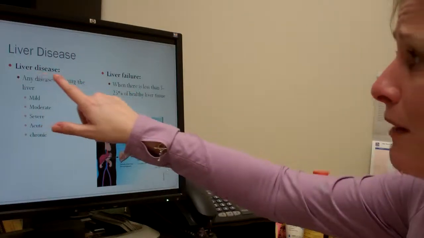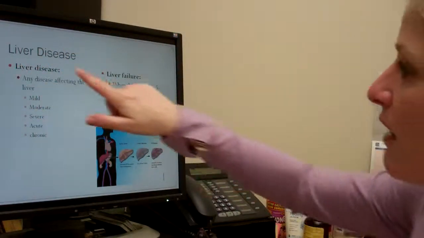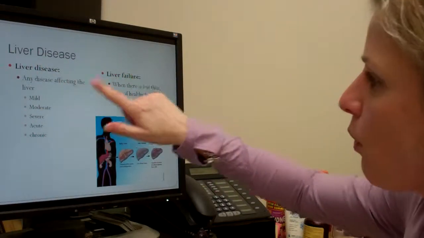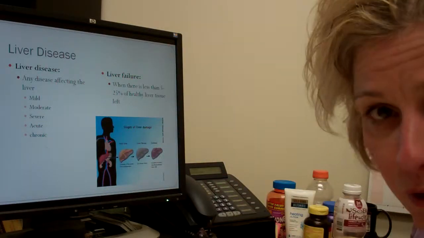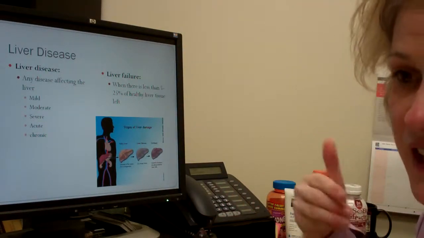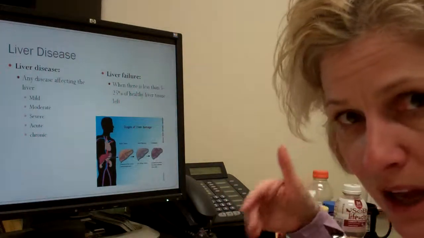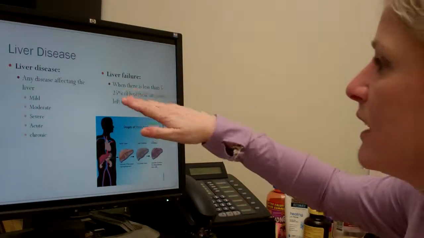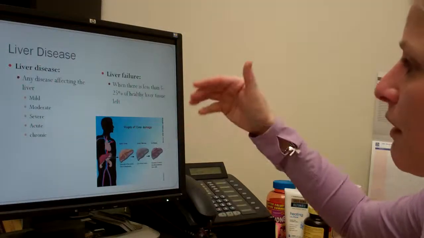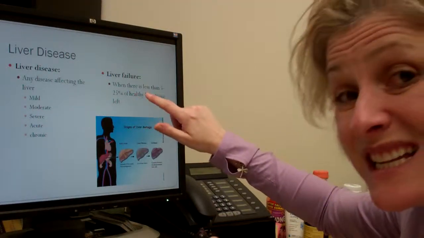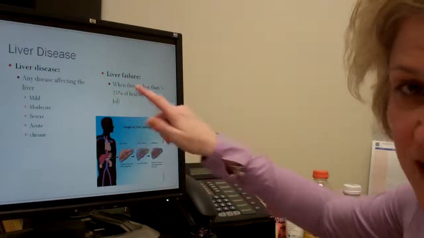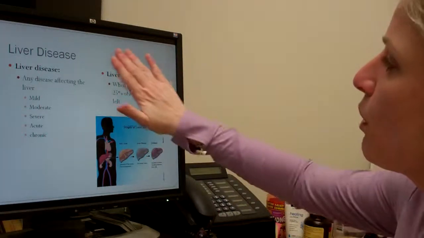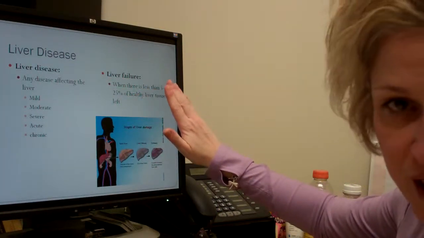So, when you have liver disease, or when you have kidney disease, there's a difference between organ disease and organ failure. Organ disease, you can live with liver disease, kidney disease, pancreatic disease for many, many years, especially if it's a mild form. Liver failure, kidney failure, pancreatic failure tells you that statistically there's only 5 to 25% left of that tissue, of those cells remaining. And so it's certainly far more of a grave prognosis when things are failing compared